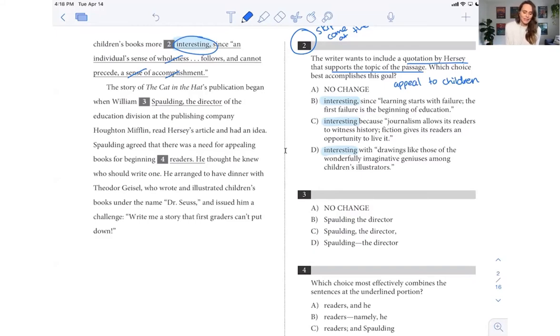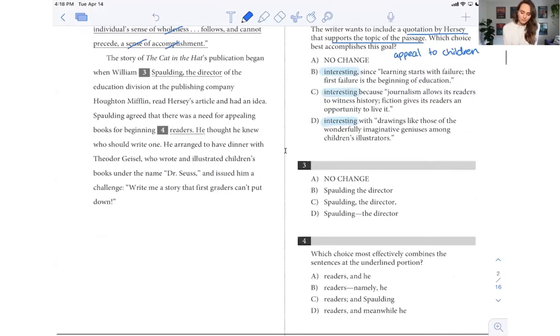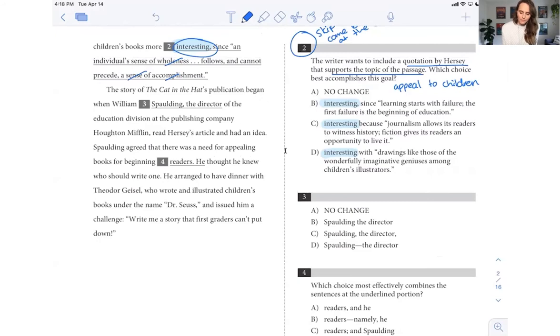Remember, our main idea is right here in our title, how the cat in a hat changed children's education. So we want to keep that in mind constantly. So this is too general for B, and it's not really going to make it that much more interesting. C, interesting because journalism, wait, we're talking about children's books here, not journalism. So C's out. And then D, with drawings that are imaginative and children's illustrators, that would be more interesting to add drawings. And they directly mention the children's illustrators, and we are dealing with a children's book here,